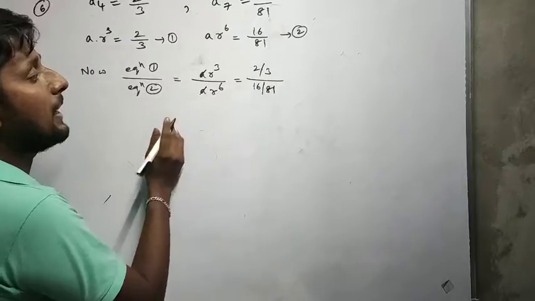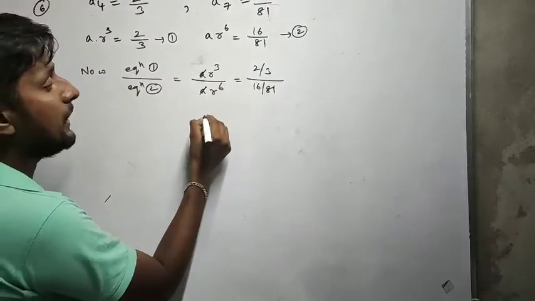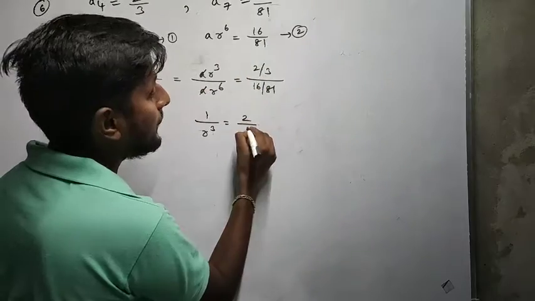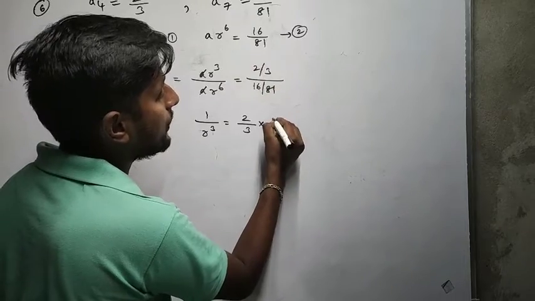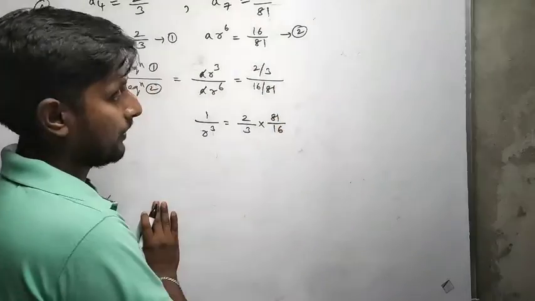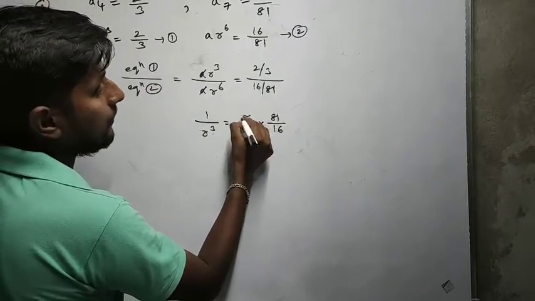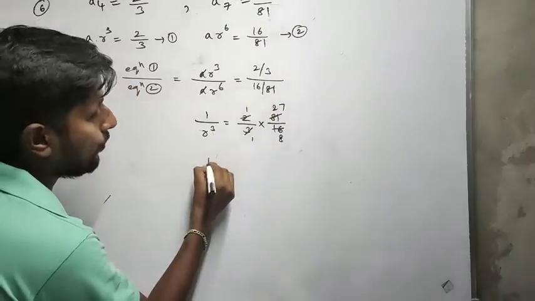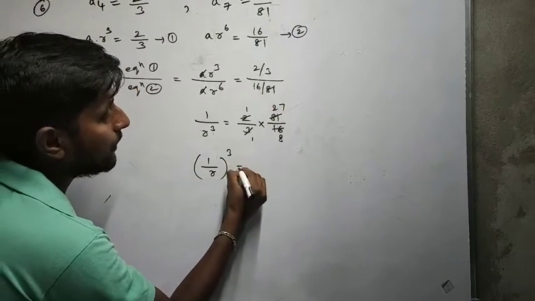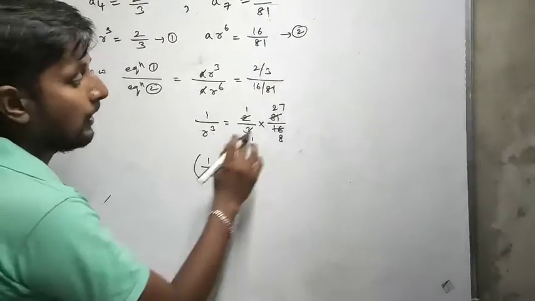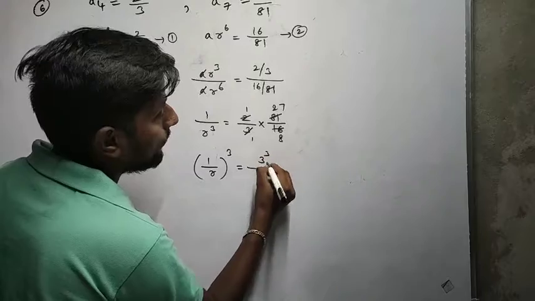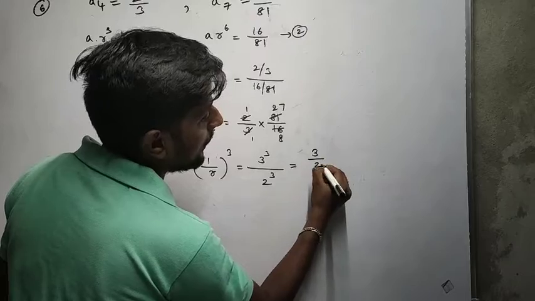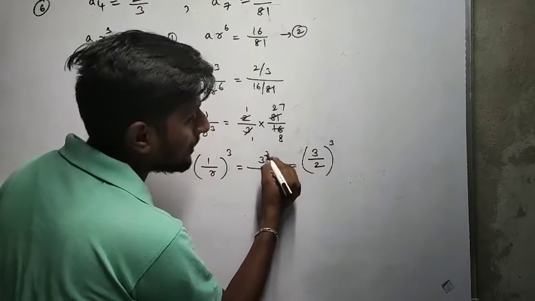Look, beta, A gets cancelled. Here 3 times, here 6 times. Simply we'll write 1 by R power 3. And 2 by 3 into the denominator, again a fraction, so we can write it as 81 by 16. As we know, 2 ones are 2, 2 eights are 27 times, correct? So 1 by R whole power 3, and here 27 I can write as 3 cube, and 16 as 2 cube times 8... so altogether I can write 3 by 2 whole cube, because both numbers have cube.